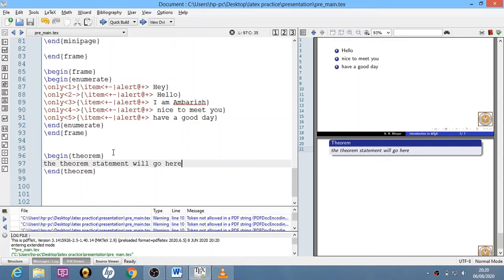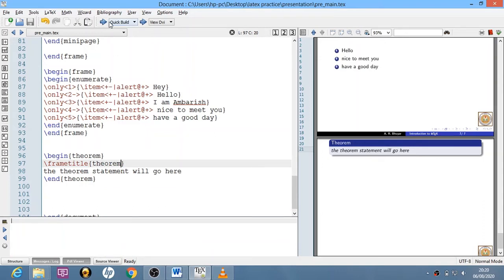Okay, I will do one thing. I will add the title, so I will write frame title and I will add theorem. I will again compile this.